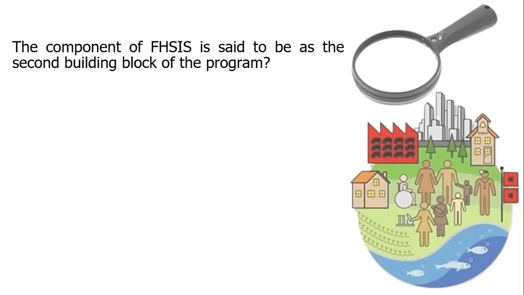Then, the components of FHSIS said to be as the second building block. Sino yung primary building block natin? Si individual treatment record or si family treatment record. Ang second building block natin sino? Si target client list. Second building block yan. Again, anong difference sila? Kapag once na naghahanap or hindi mo alam yung diagnosis, anong kukunin mo? Target or the individual treatment record. Pero kapag pumunta sa'yo, same yung patient. For example, may TB siya, ano kukunin mo? It's the target client list, which is the second building block of the